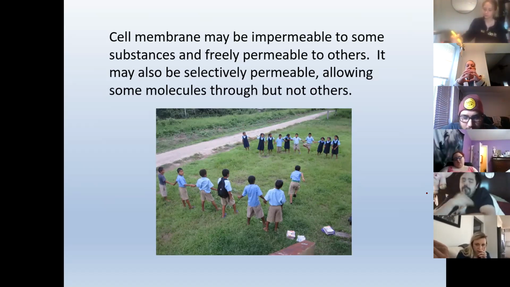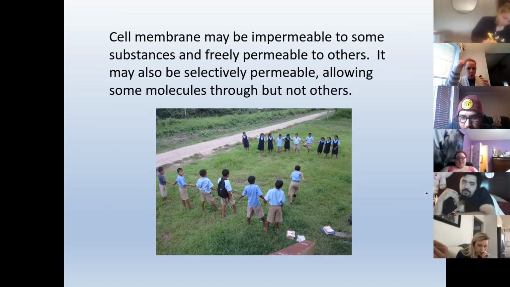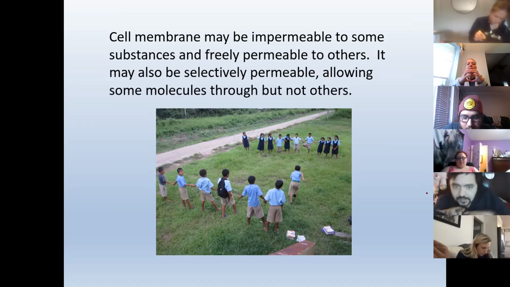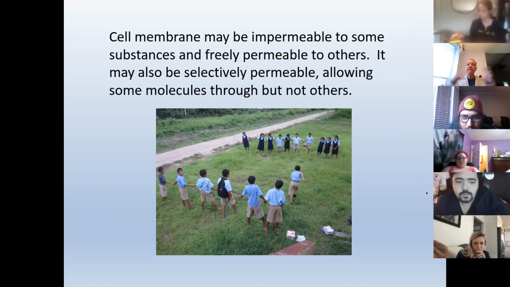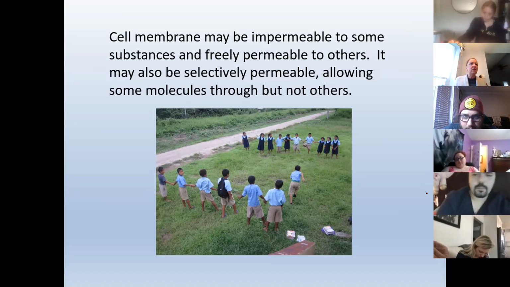The cell membrane is impermeable, meaning do not pass. You shall not pass. Impermeable to some stuff, and freely permeable, meaning free pass, everything come in. So I look at the cell membrane similar to